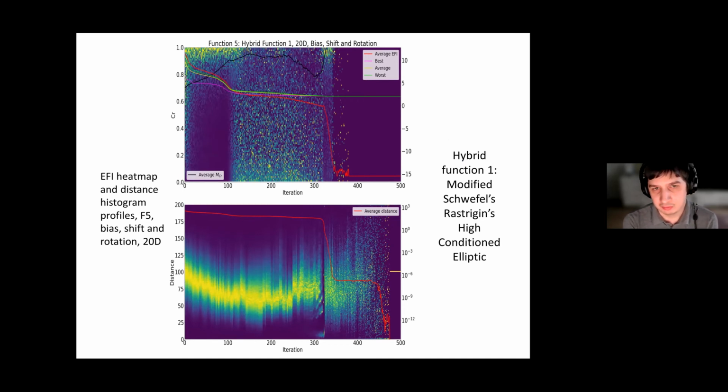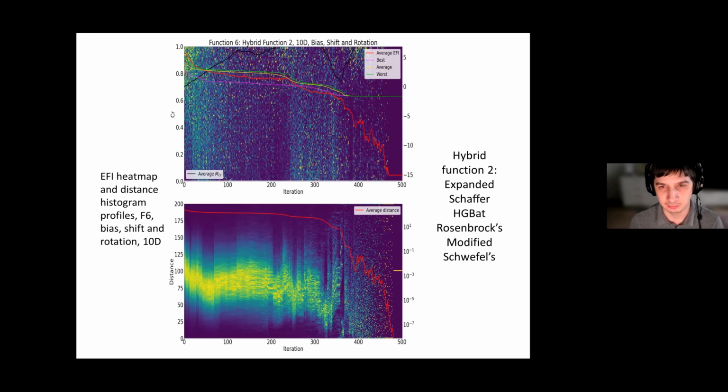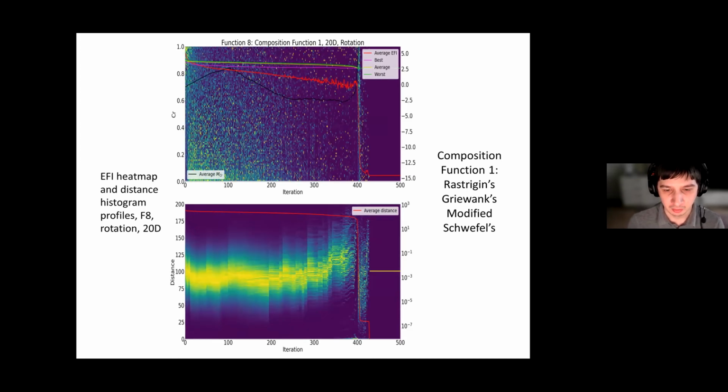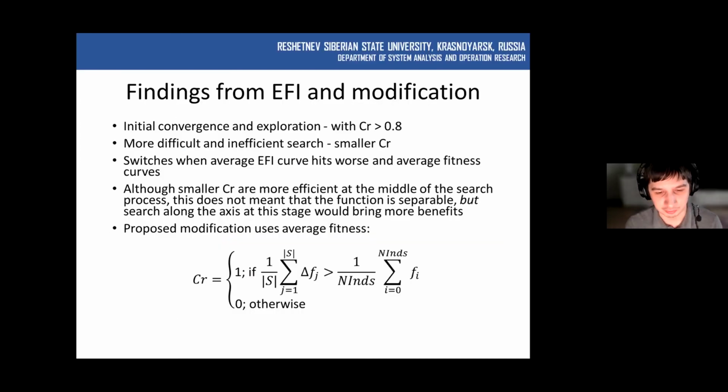And yes, we can observe this in different types of functions. So this is also some important information that we can extract and maybe come up with some new parameter adaptation techniques. So again, here is some switching from higher to smaller, then higher, then again smaller, better CR values. And okay, some more pictures for you.